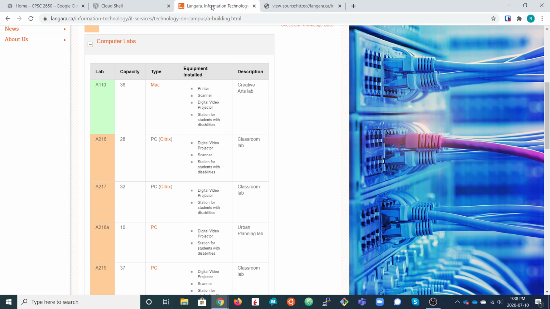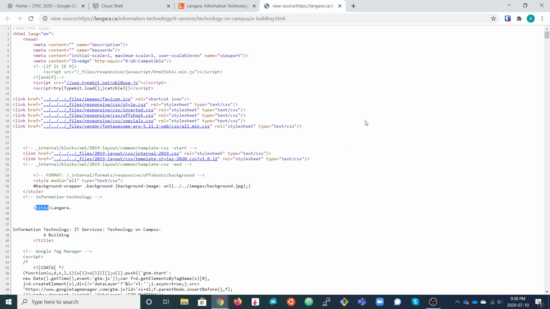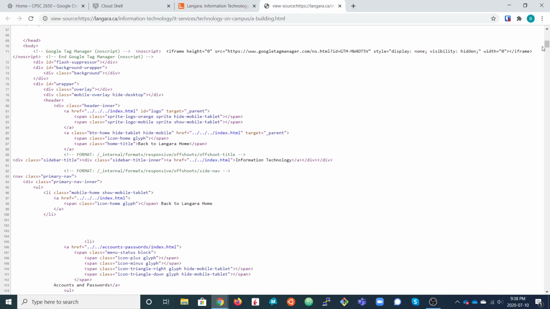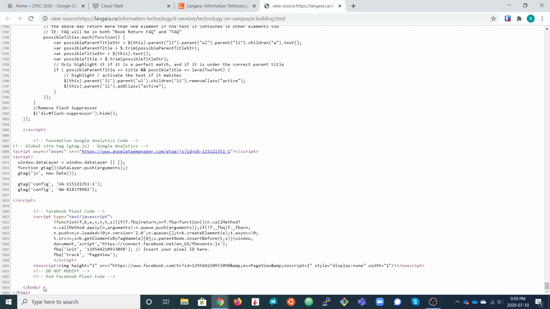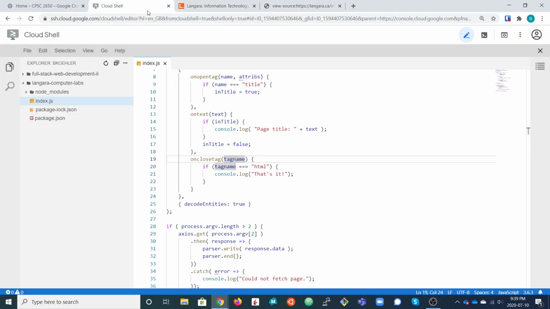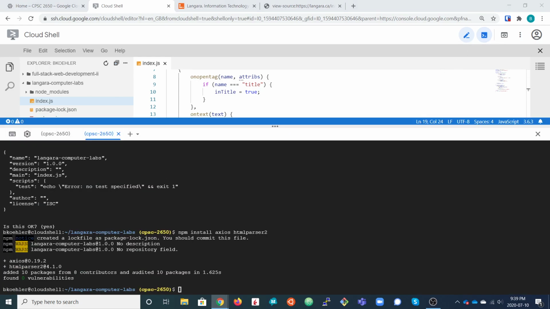You can see that will be triggered if we look at the source for the page. Well, this is a relatively lengthy page, but there should be at the bottom a closing HTML tag. When the parser reaches that, it is going to print out that message. Okay, so let's just try this out. We'll try it for the building A page.